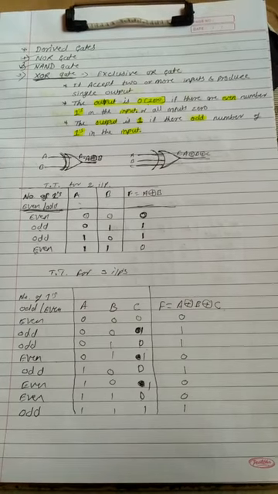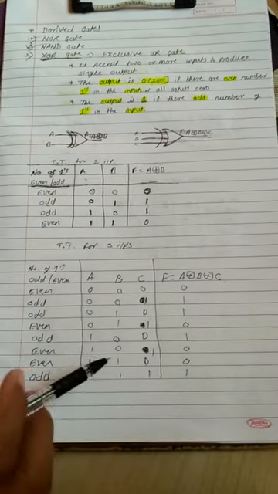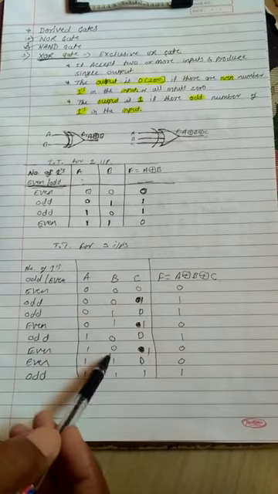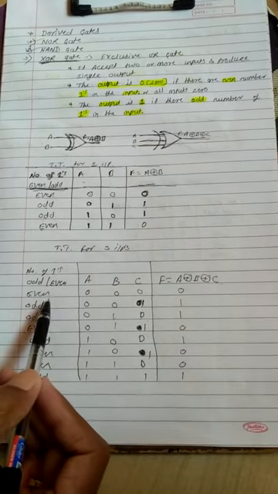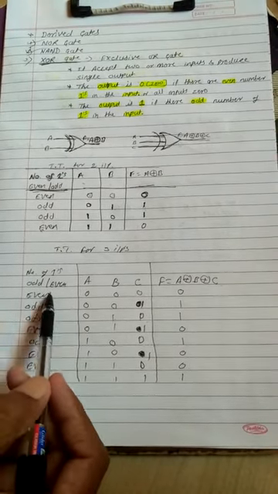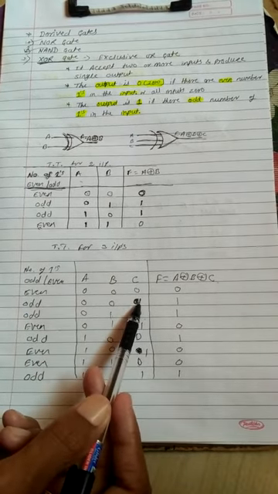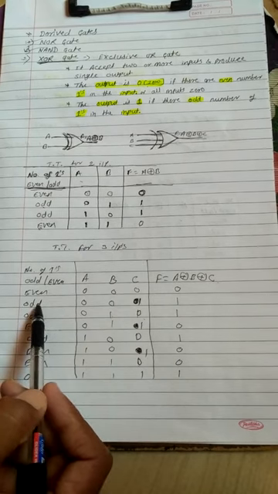So in the previous class, we were discussing the 3-input truth table for the XOR gate. You have already taken the inputs like this. First you have to find out odd and even numbers. For 0, 0, 0, it becomes even only. For 0, 0, 1, the 1 is there only once here, so it becomes an odd number.